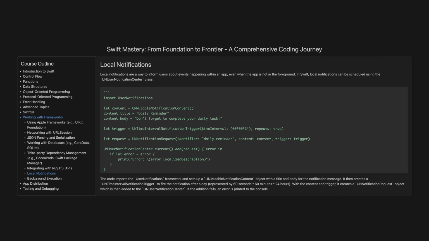Local notifications. Local notifications are a way to inform users about events happening within an app, even when the app is not in the foreground. In Swift, local notifications can be scheduled using the User Notification Center class. The code imports the User Notifications framework and sets up a mutable notification content object with a title and body